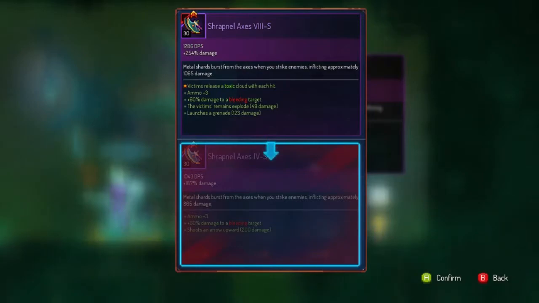Alright, so here's this. So, right now, it's already great. This is my starter one, and this is the one I get after. I believe I run this for the entire video, but if so, I keep it very similar. We have bonus to bleed and releases a toxic cloud. So as soon as I see that, we're set, because we can easily get bleed, or let's just say, for example,